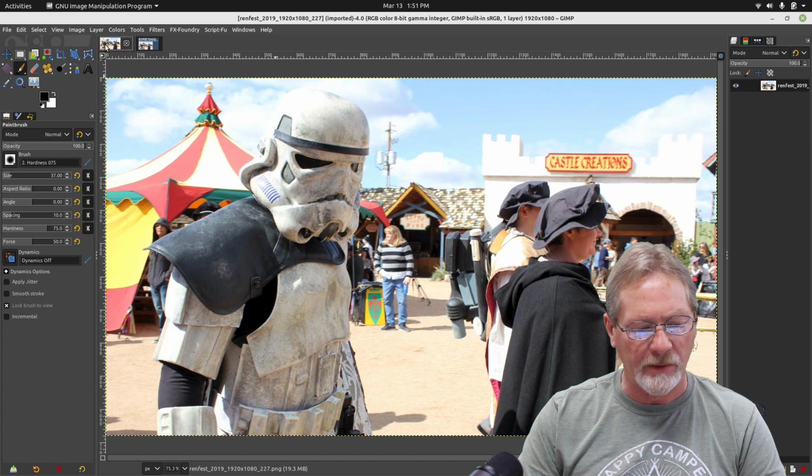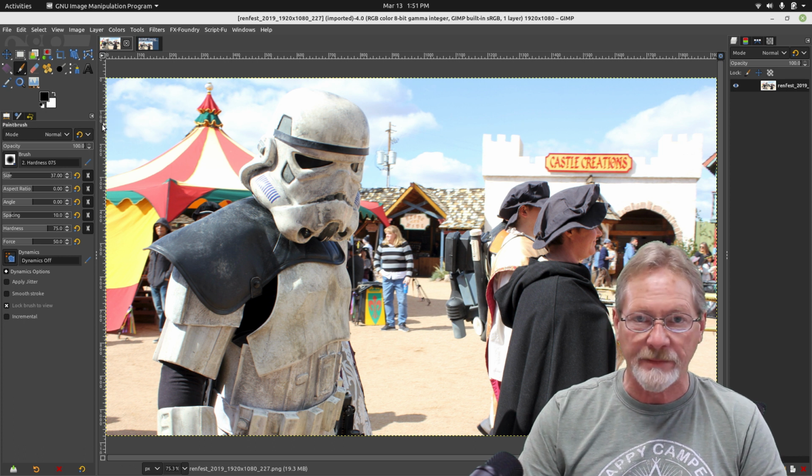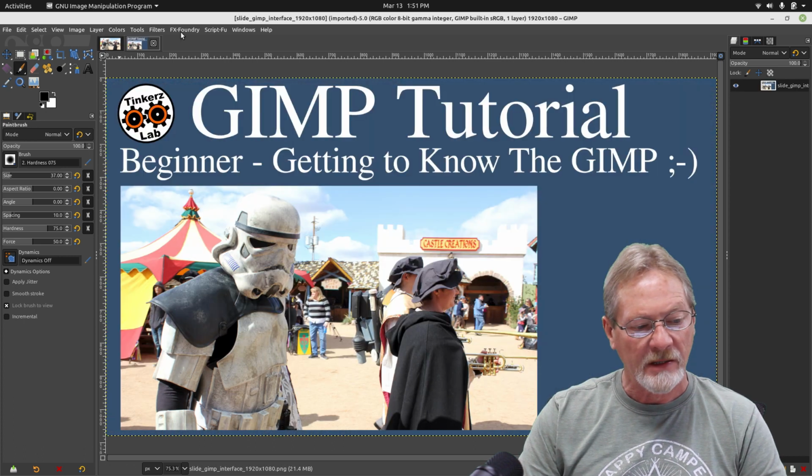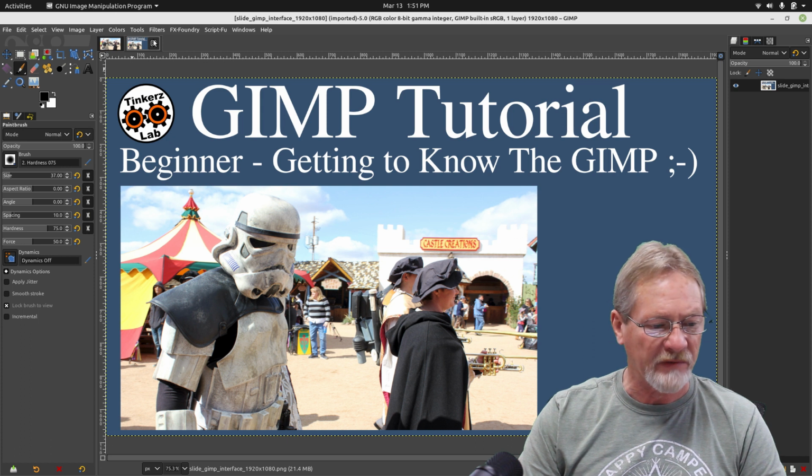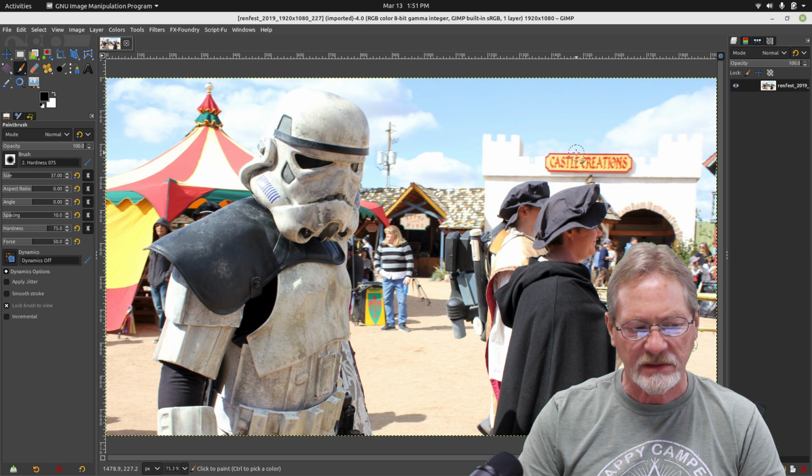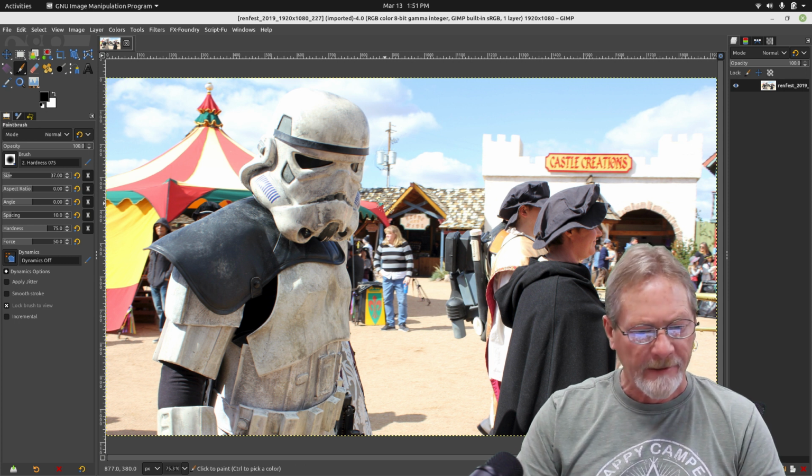If I select this tab over here, now the first image I had loaded is now active. And go back to the second image. And then if I want to close that image, I just select that little X square there next to the little tiny icon of the image. Okay, so